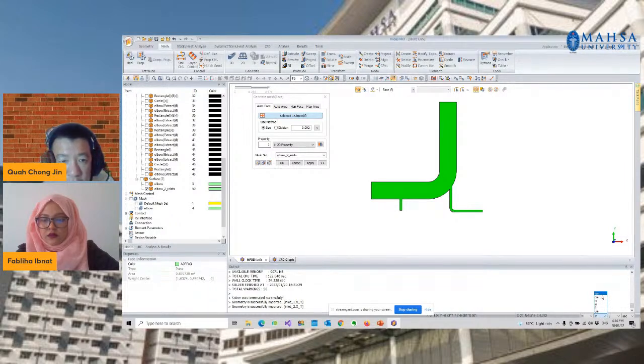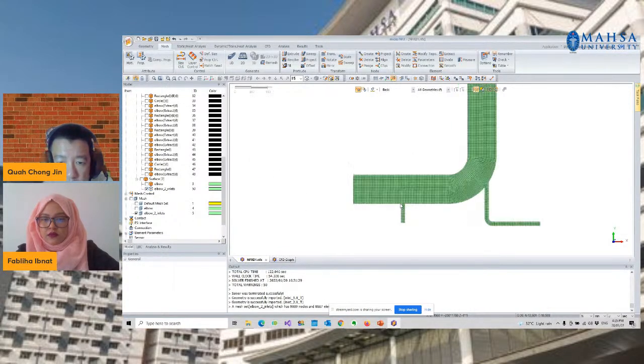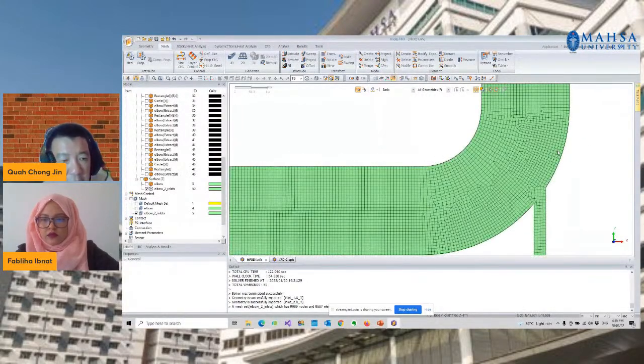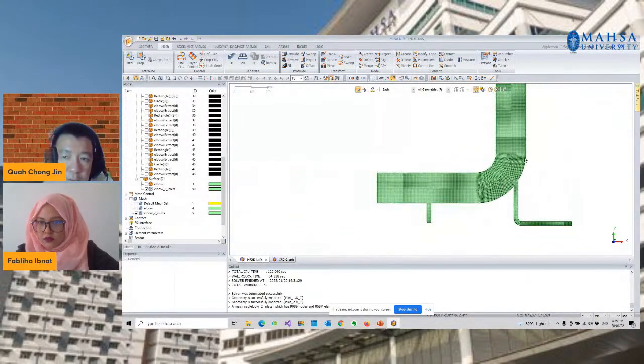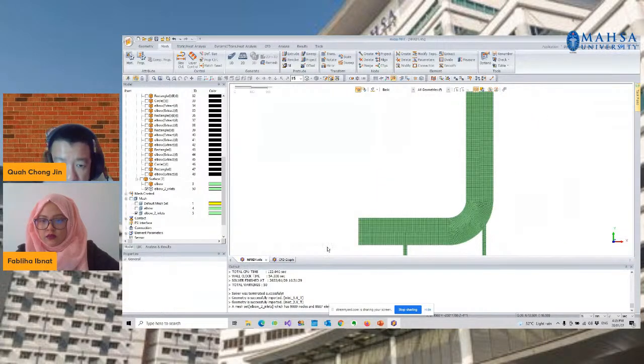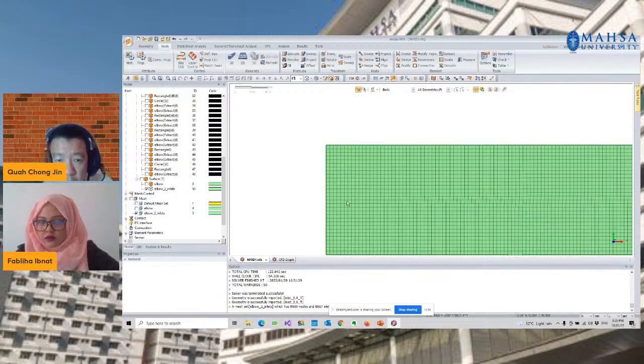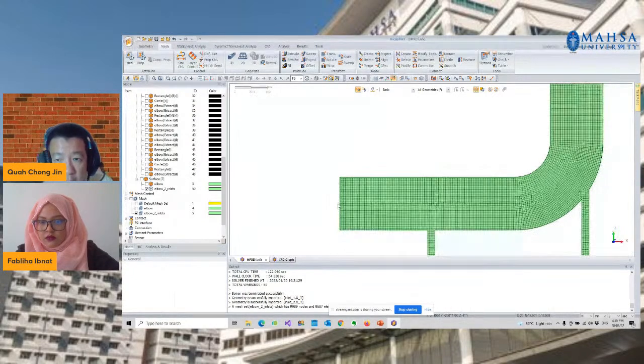In my case, I prefer to use millimeters, and perhaps I will try with 10 and see if the mesh looks nice. Well, the mesh is not sufficient basically, but this is just for demonstration purposes. In a real-world case study, basically we have to take into account the effect of the viscous flow. So we have to build more mesh near the solid wall in that case. And how do we do that?